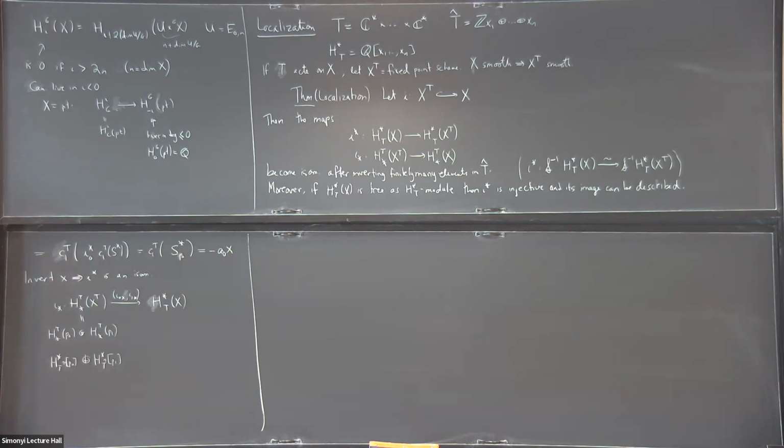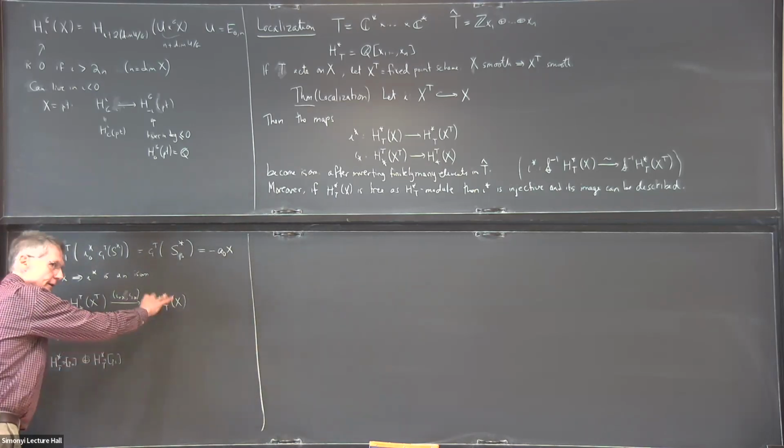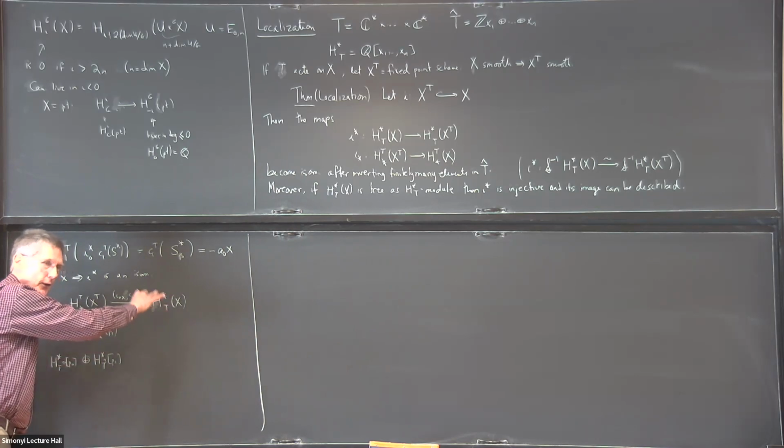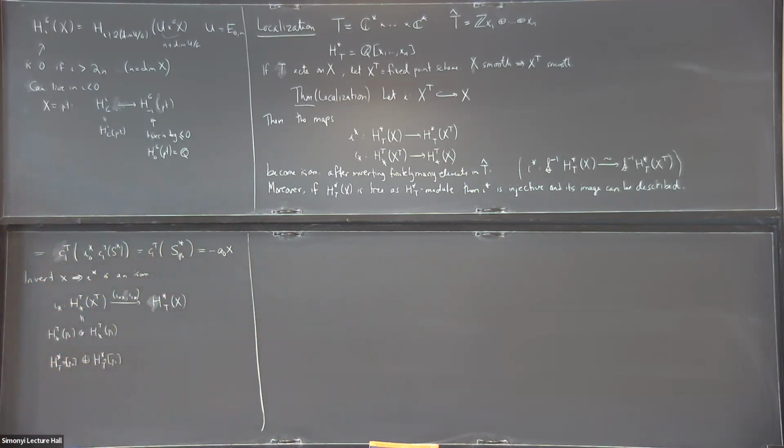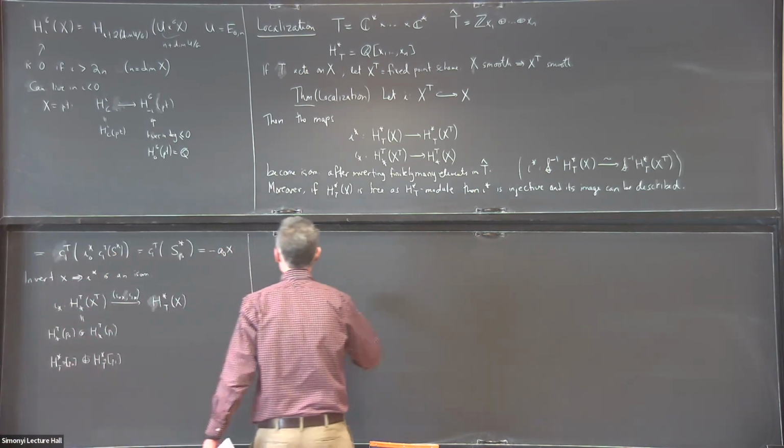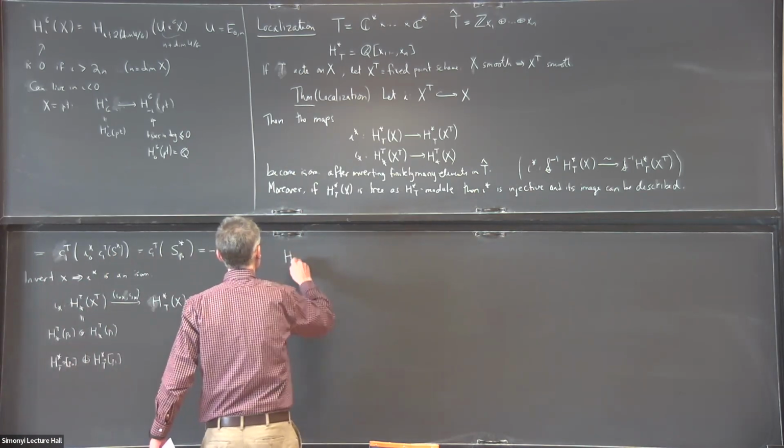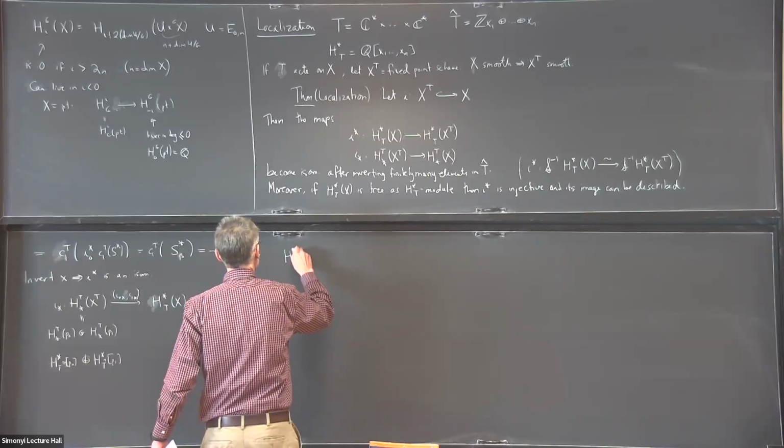Oh, when A naught equals A1, the action on projective space is trivial. Oh, okay. So I couldn't invert this matrix, but on the other hand, this wouldn't be the fixed point locus, so the whole calculation kind of falls apart. Anyway, I'm not going to tell you in terms of these generators what P naught and P1 go to, although I can if you really want me to, but instead I want to tell you something else. So H star,